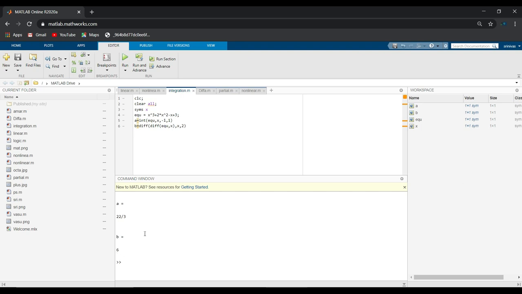The equation is x cube plus 3x square plus 4x, correct? Differentiating gives 6x plus 4, and differentiating again gives 6x, which results in 6. So in this way, you identify the differentiation limit initial values, and you will perform the integration operation whenever the limits are given. When limits are not given, it means that definite and indefinite integrals are going to be evaluated in this manner.